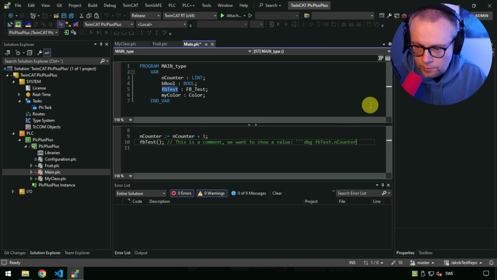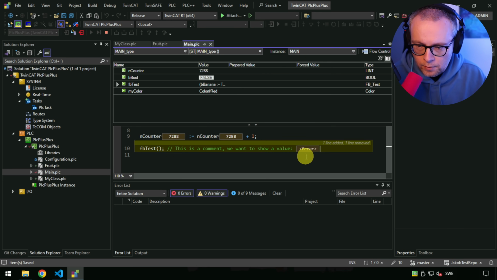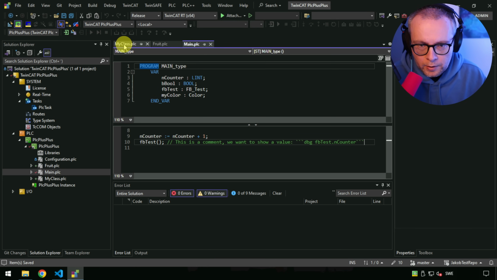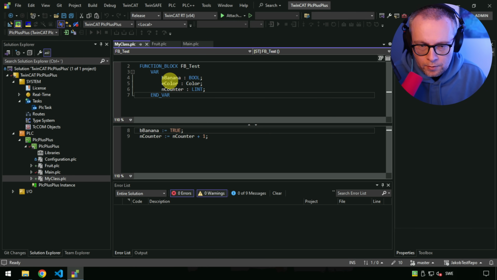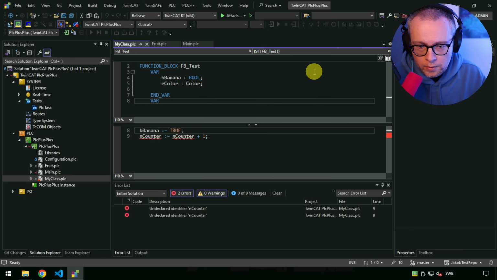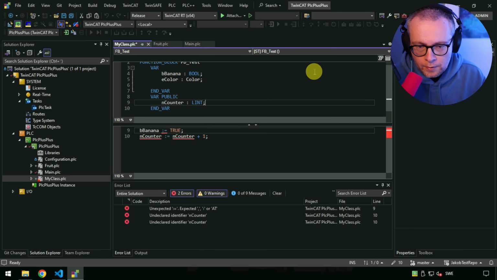nCounter like so, and then we can log in and get invalid access on protected variable nCounter. Okay, so the variable is local. It's hidden, that is. It's a local instance variable, it's not public, so let's make it public. Another possibility now with the new PLC++. So we can take this one, make it VAR PUBLIC counter,